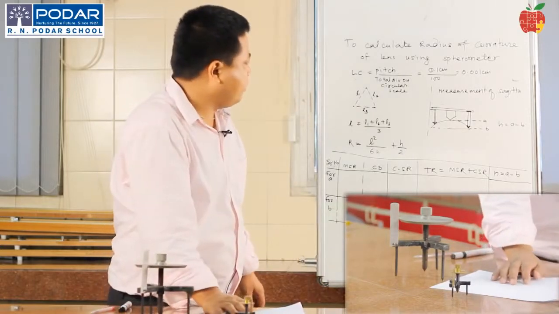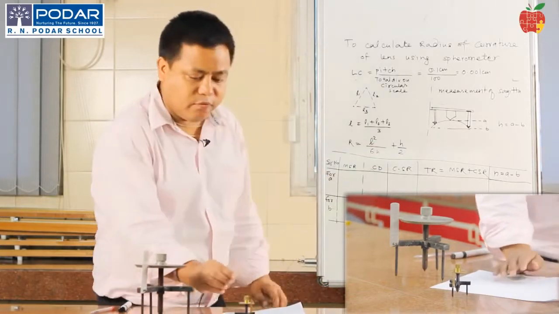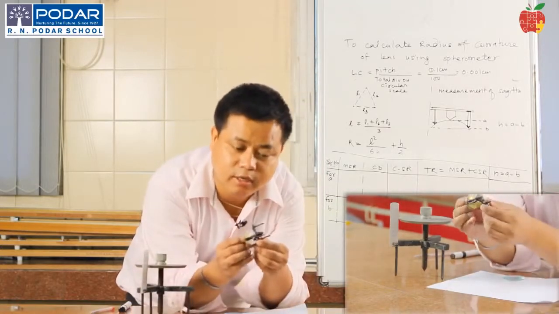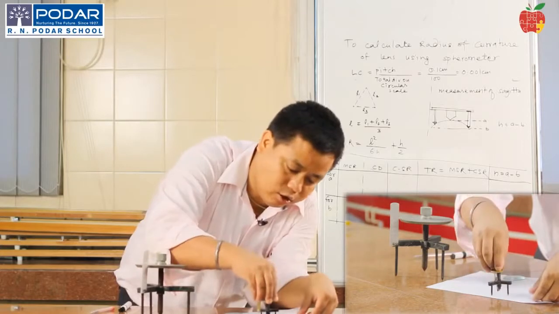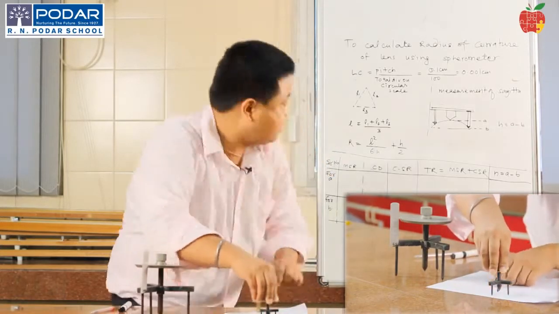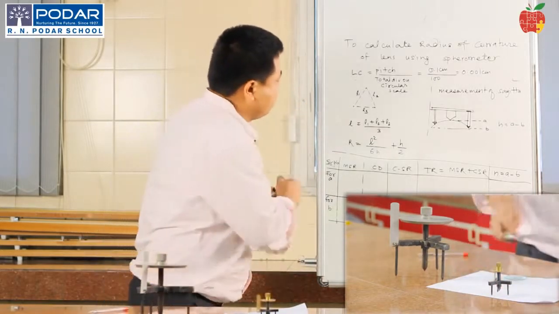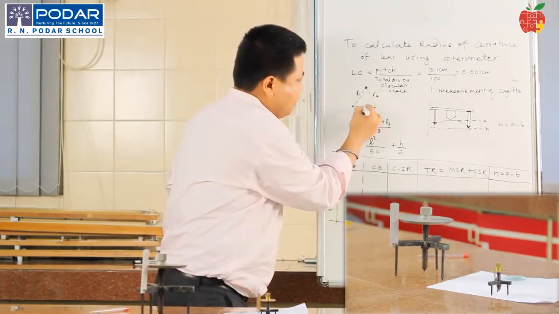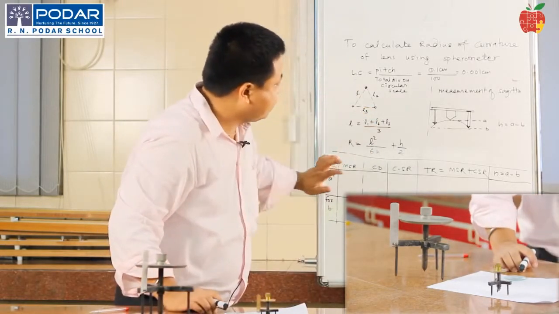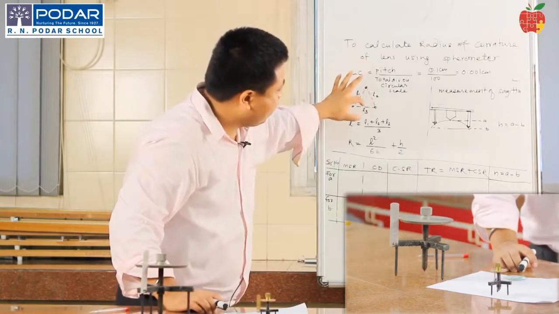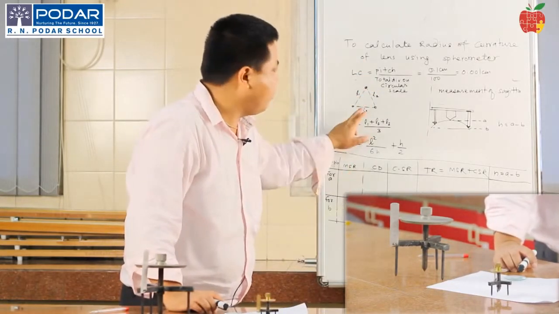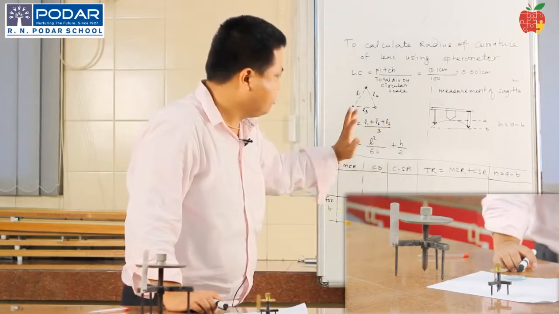So how to calculate the readings: first, it has got 3 legs. First we place this on the paper and mark the 3 leg positions. These are the 3 positions of the legs, and then we calculate the lengths between these legs. So this is L1, L2 and L3. So your L is what? The average of all those 3 lengths: L1 plus L2 plus L3 upon 3.